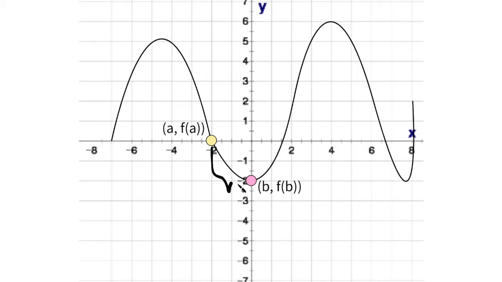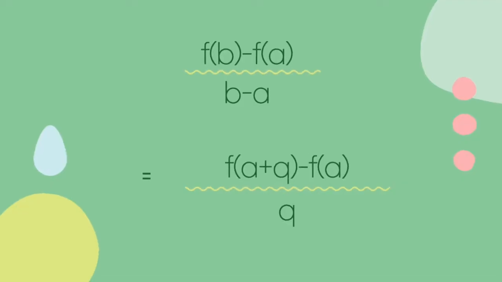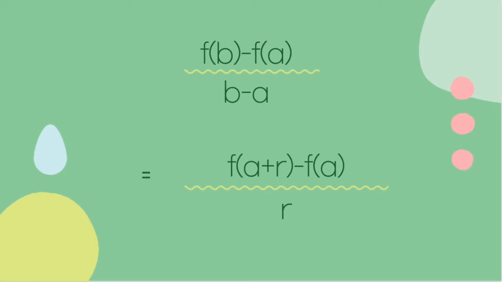But we want to express this with just a so that the equation will be way more simple. Hence, we say that delta x is the change in the x value, b minus a. Since delta x is equal to b minus a, b is then equal to delta x plus a, and this becomes the simplified equation. Since delta x is a constant, it can be changed to any other value or unknown quantity. Let's say h.